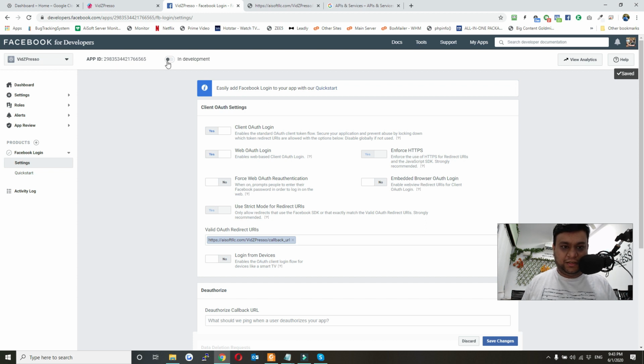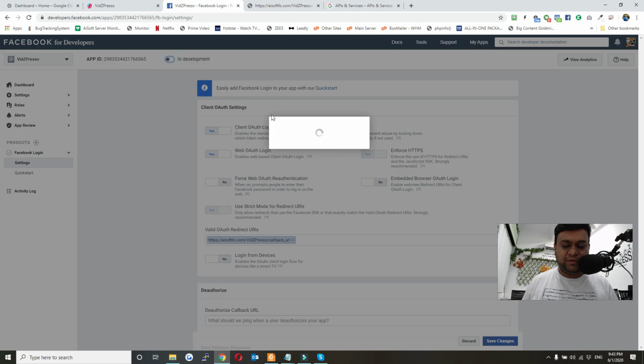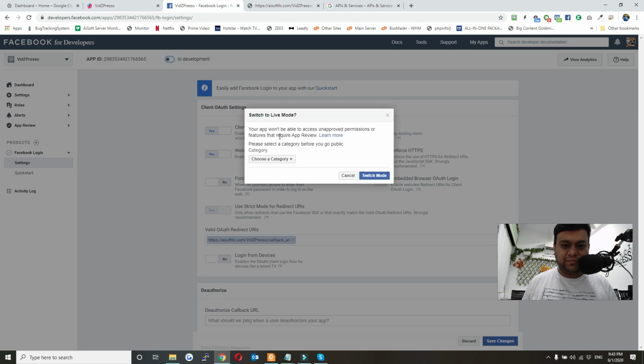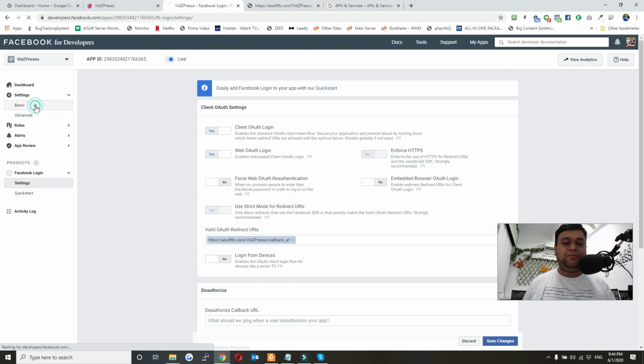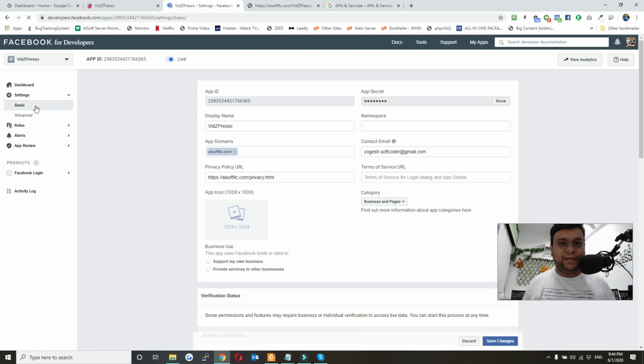That's it. Now just click on the small toggle button. Select your business category and then click on switch mode. That's it. Your Facebook setup is fully done now.